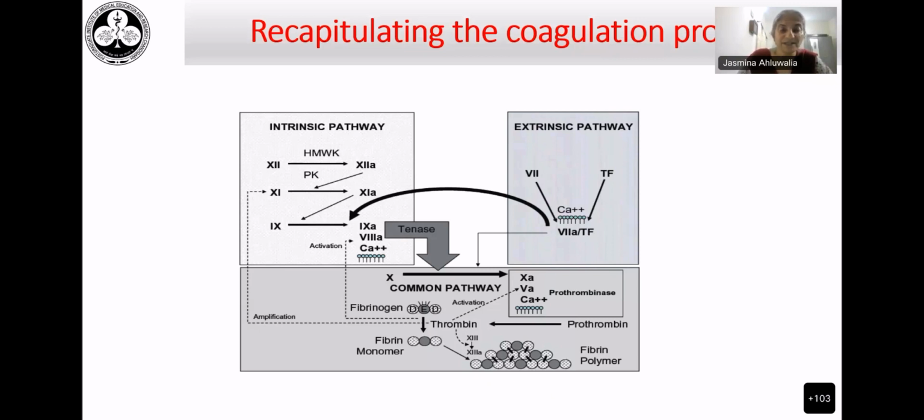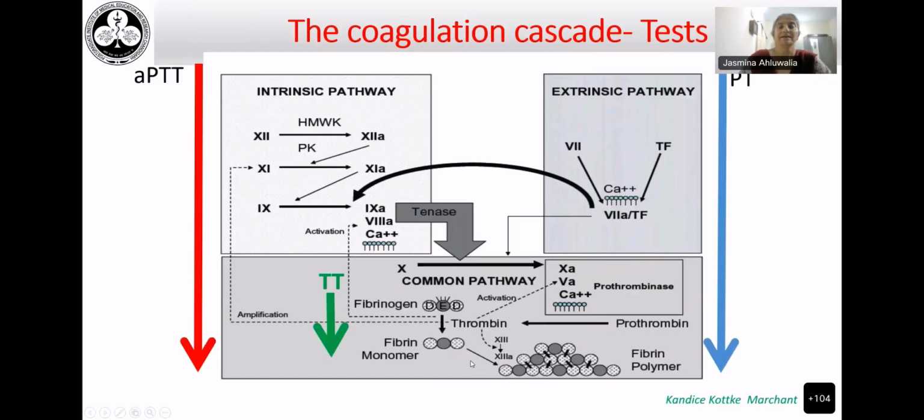As soon as thrombin is generated, it amplifies the whole coagulation reaction by increasing the amount of factor 5A activation, by increasing the amount of factor 8 activation, and by activating factor 11. So the extrinsic pathway, so-called, the intrinsic pathway, so-called, and the common pathway, so-called, all are now in action just to convert fibrinogen into fibrin. We can make out that this is going to be a very complex exercise, so many proteins